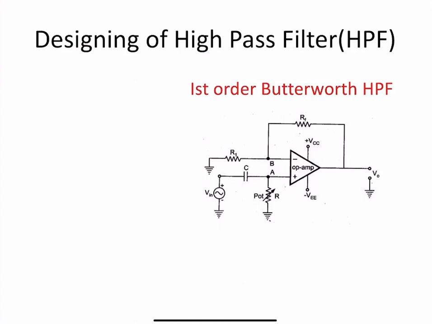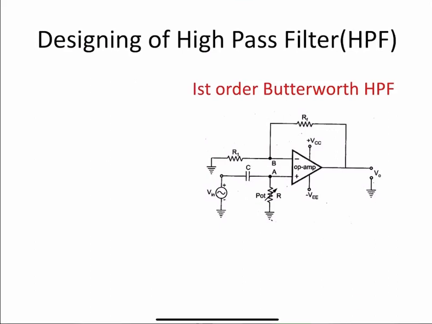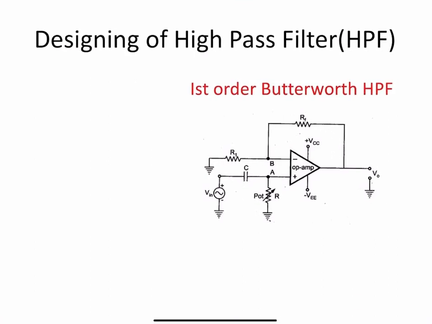Now come to the high pass filter. A high pass filter is a filter which passes only higher frequencies and attenuates lower frequencies. As we took a first order Butterworth in the low pass filter, here we will take a first order Butterworth high pass filter. Order means the number of RC sections used for filtering. Here there is one RC section, and in this figure you can see that R and C are interchanged compared to the low pass filter circuit.